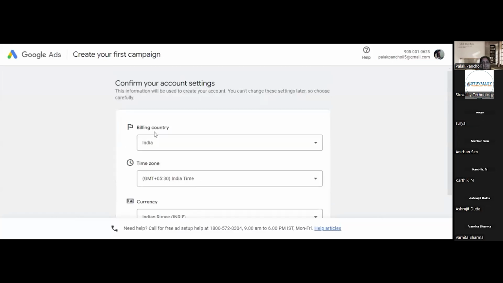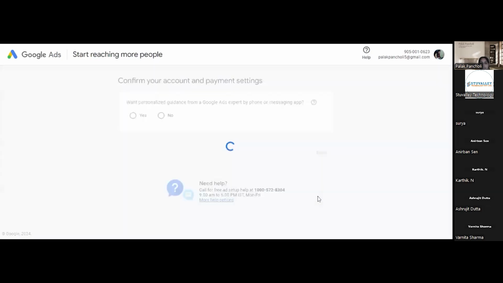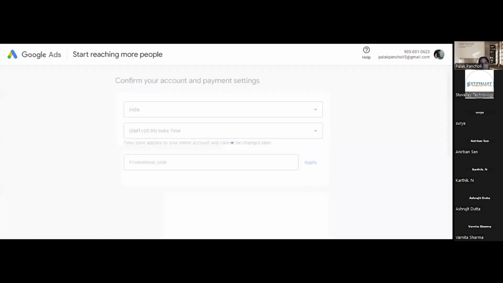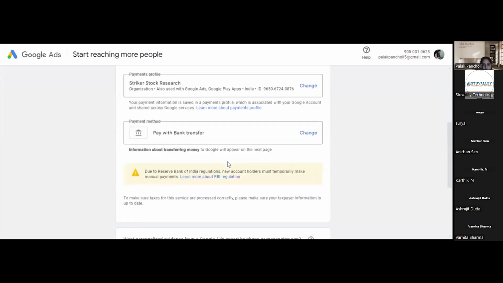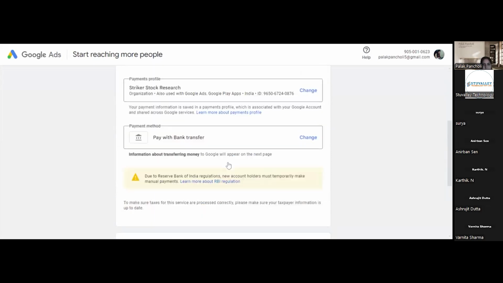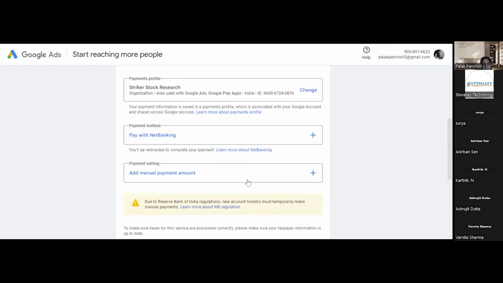After this, you will get this billing information. Just continue with that. India is already there, Indian INR rupees already there, so just click on continue. After that, it will ask for some details, like we can add net banking here.